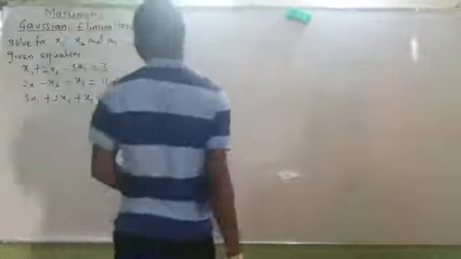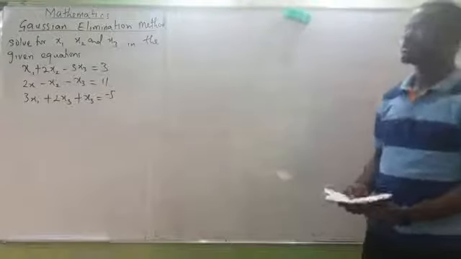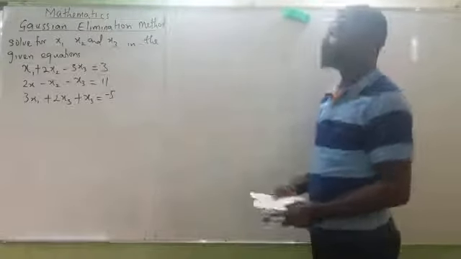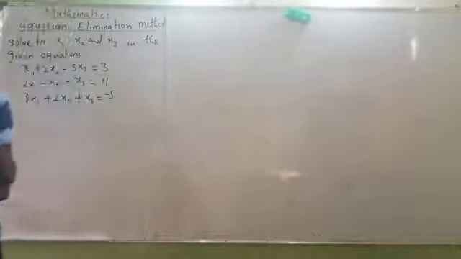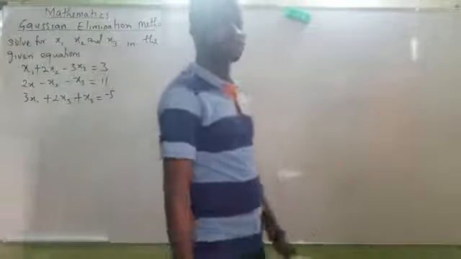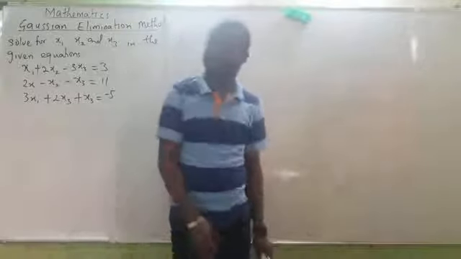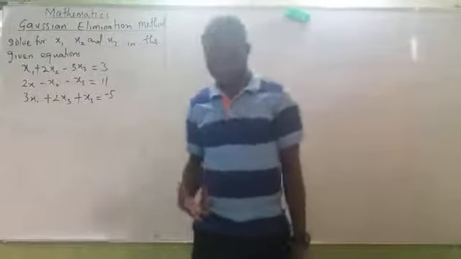In this video, I'll be walking you through the Gaussian elimination method. It's a very simple part of mathematics, which you have to get. By now, you understand what is called row reduction echelon form. This time around, you just want to reduce, but you know that in echelon form, we are talking about